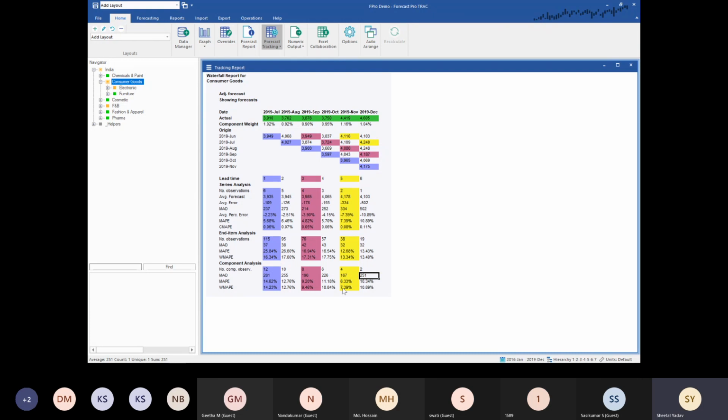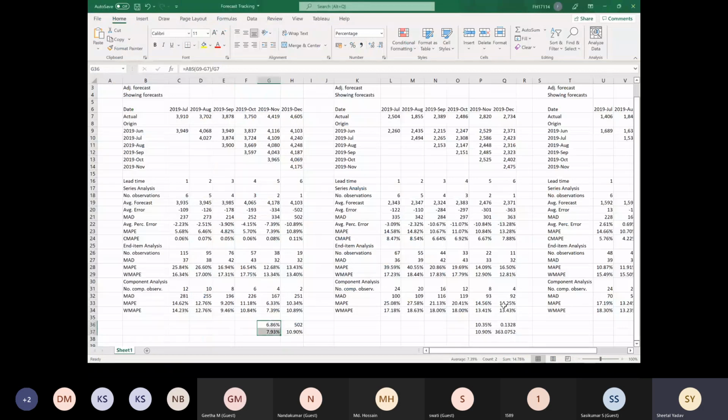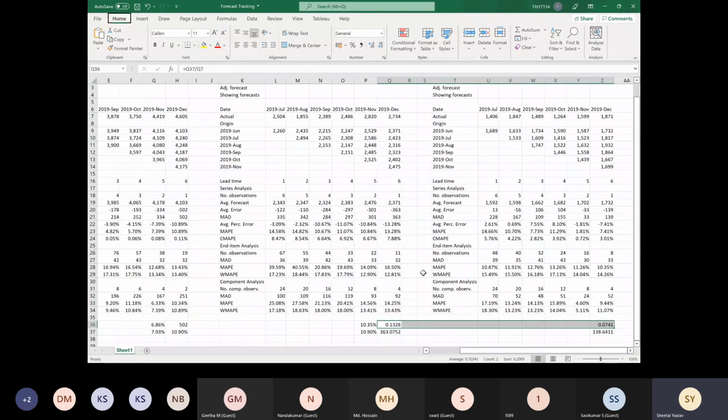I hope that's clear to everyone. Now moving on to the next option, that is my MAPE value over here. It's coming to be 10.34%, and let's look at how it's calculating the MAPE. So what it is trying to do and what we have done over here is,